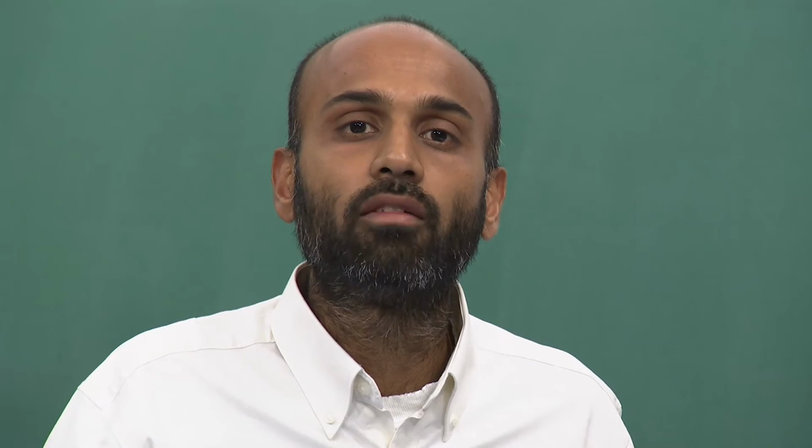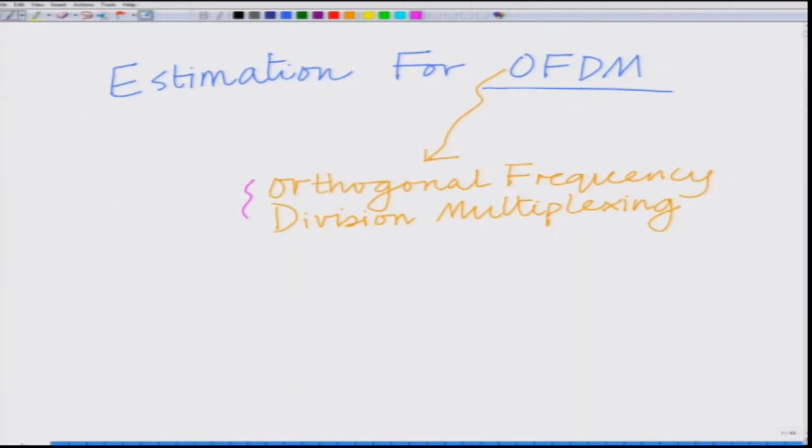OFDM is a very modern and very important technology. As you might all be familiar, OFDM is used in the 4G wireless cellular standards such as LTE, WiMAX, and it is also used in modern Wi-Fi standards such as 802.11n, 802.11ac and so on. So, OFDM is the latest wireless technology,